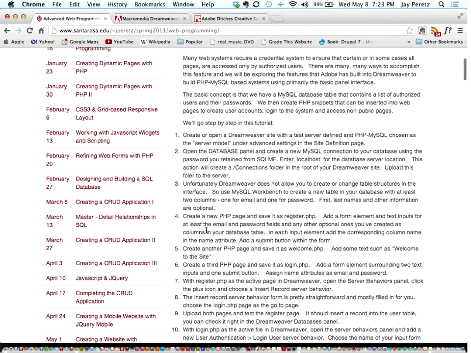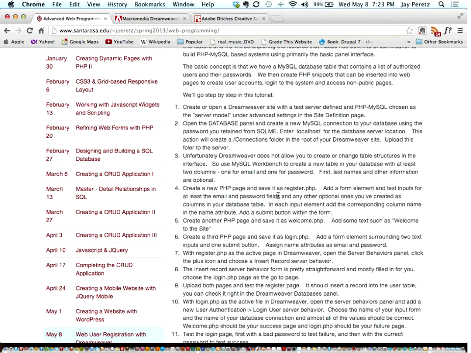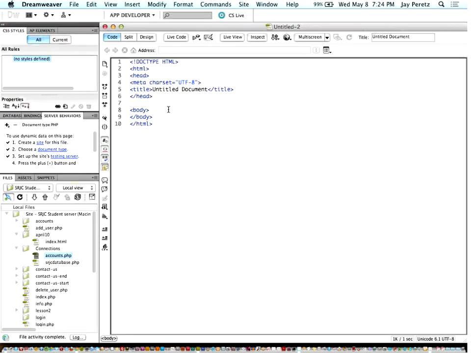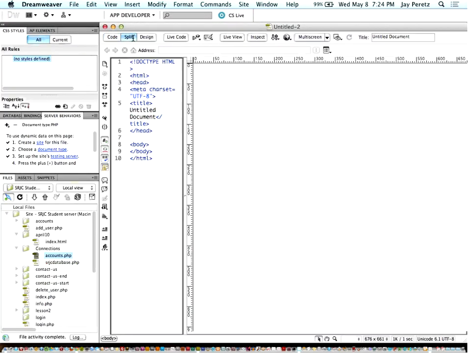Okay. Step number 4, create a new PHP page and save it as register. So this is going to be the page where you set up a new account. Does that make sense? So we're going to create a form that's going to have username or email and password. It's not going to be the login page. It's going to be where you set up a new account. Right? So to do that, we already have a page open. Let's try